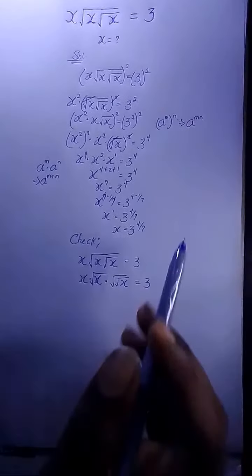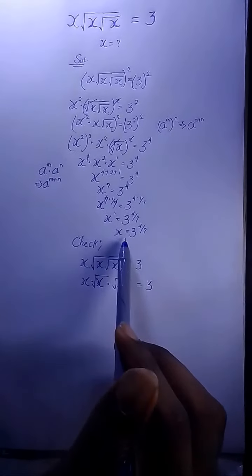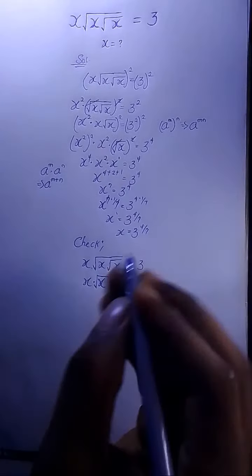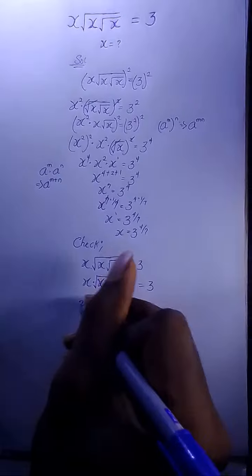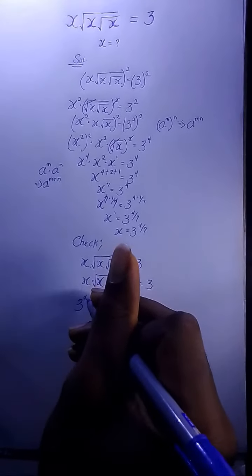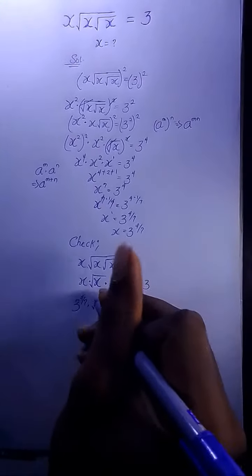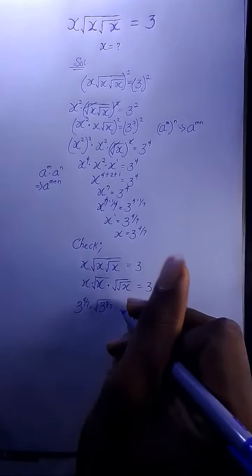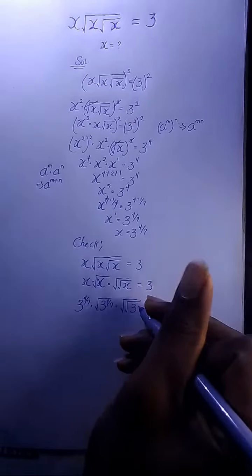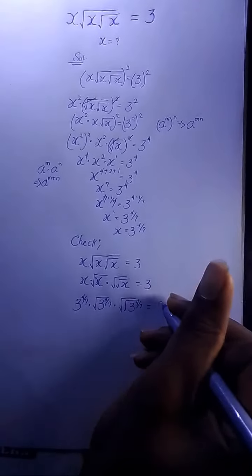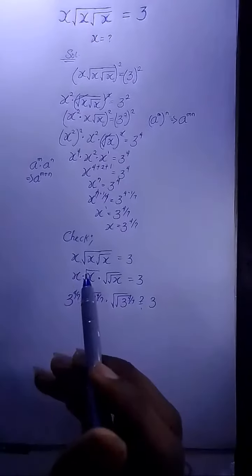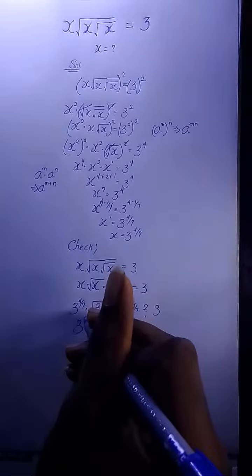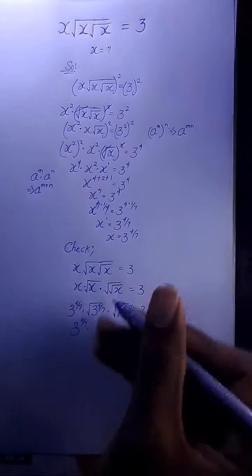And we want to verify our answer. If our answer is correct, we have x equals 3 raised to the power of 4 over 7. So from here we'll have 3 raised to the power of 4 over 7 multiplied by root 3 raised to the power of 4 over 7 multiplied by root root 3 raised to the power of 4 over 7. Does it give us 3? This is the second method we're using here. So we have 3 raised to the power of 4 over 7 multiplied by